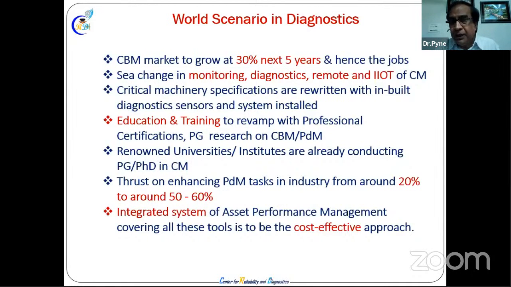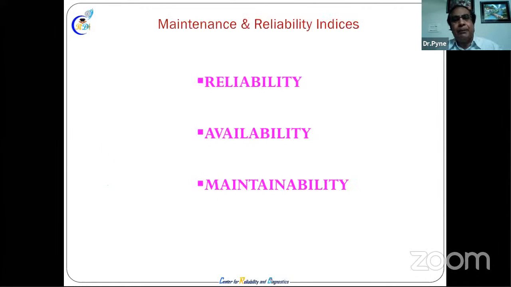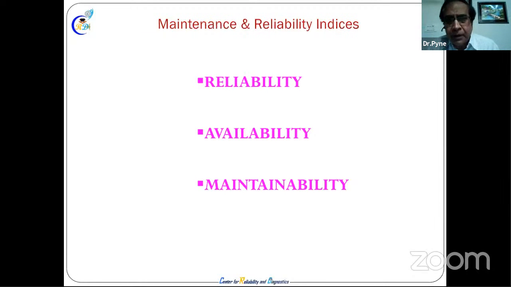Whether it's energy or production, whatever, we need an integrated approach. So when you're talking reliability and availability, what is it all about? Reliability means, am I reliable for this lecture? Or are the participants reliable? I mean, are they listening properly? Are they getting benefit out of it? Is there a better, more interesting way?